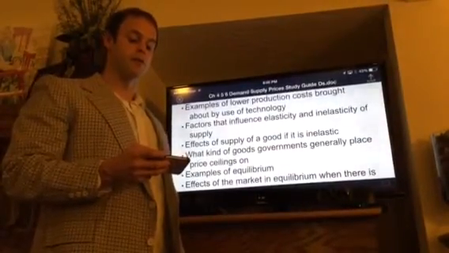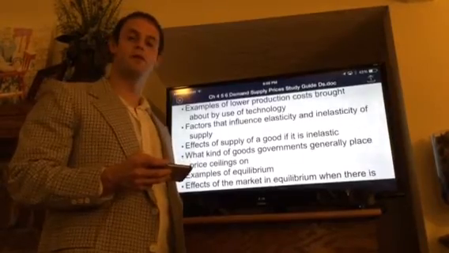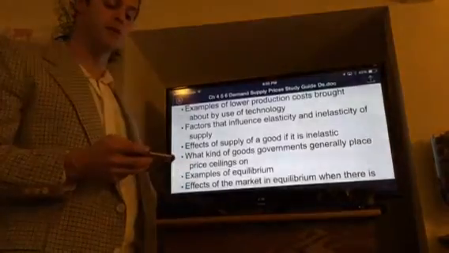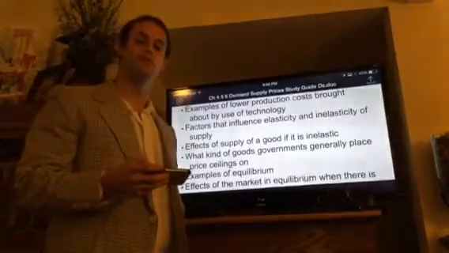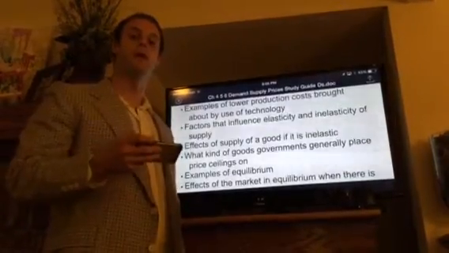Examples of lower production costs brought about by the use of technology. Well, it's going to be more efficient, and also they're going to be able to make things more efficiently, more quickly, and